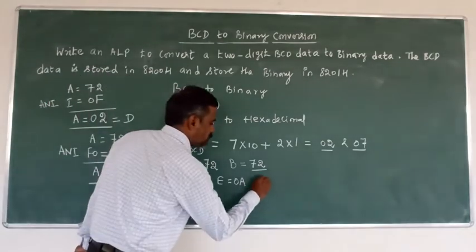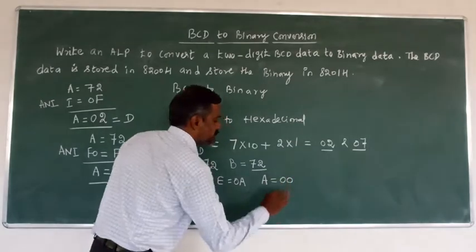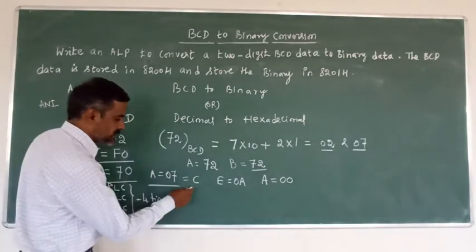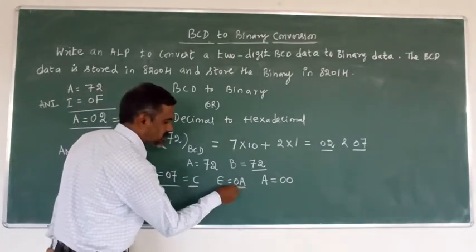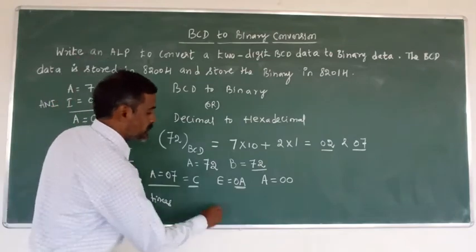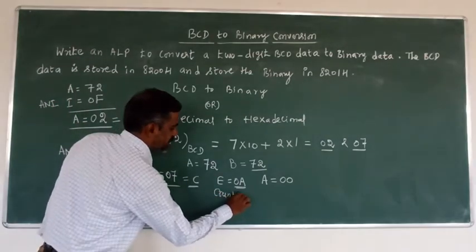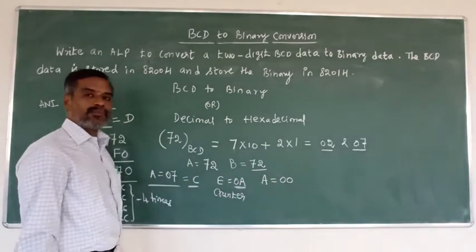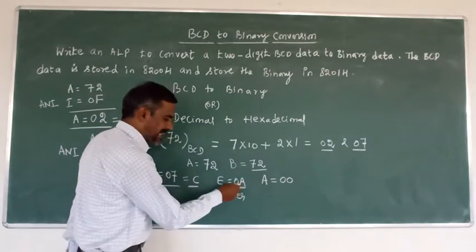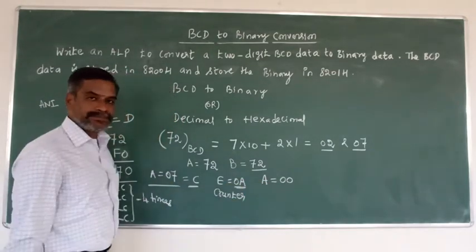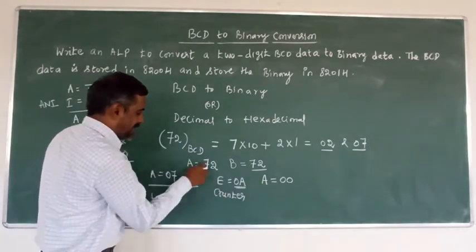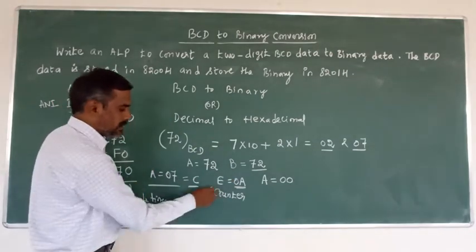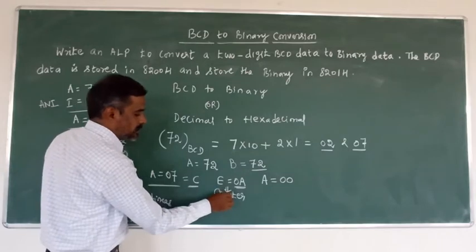First we have to clear the accumulator, 00. Then fix the C register or E register, any one register data, for counter, and the second register data we can add with the accumulator. Either add the accumulator with the E register 7 times, or accumulator data add with the 10 times. Now to fix E register for counter.